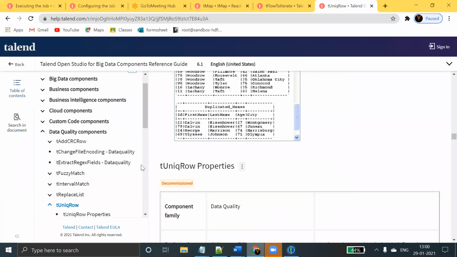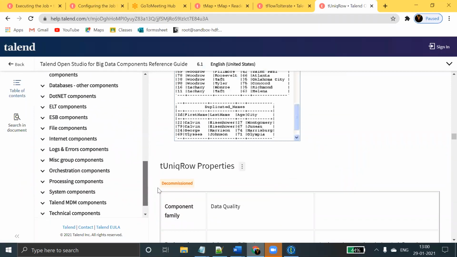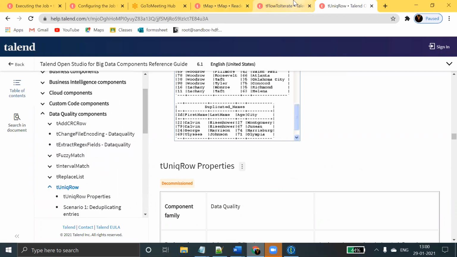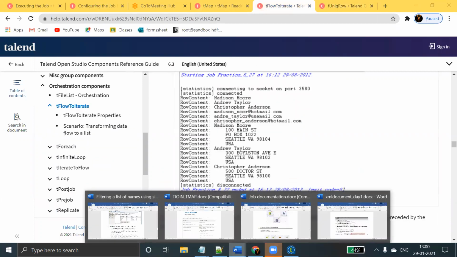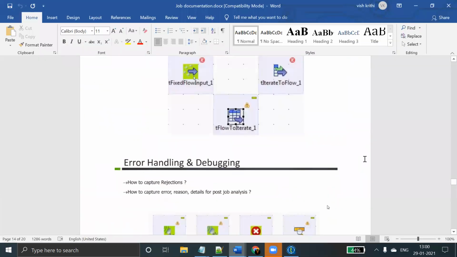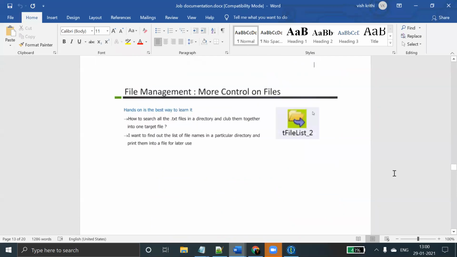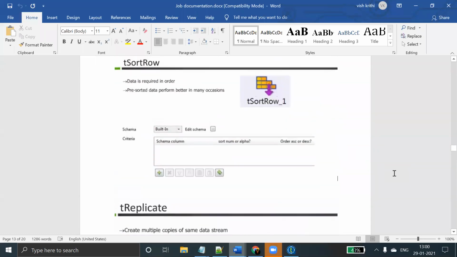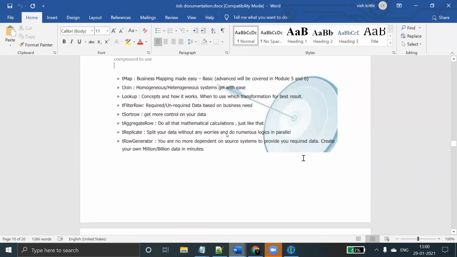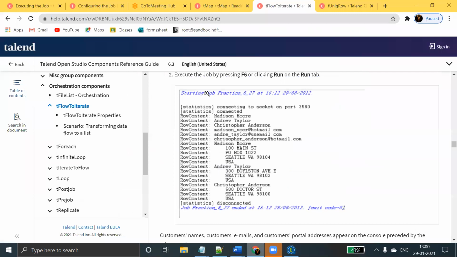Next component, we'll see which components we'll go for. If you go to the document now, tConvertType, tFileList, tSortRow, tAggregateRow, tRowGenerator, tFilterRow are completed, and tReplicate. Okay, so if you want to split data into multiple flows, you can go for tReplicate. So here,